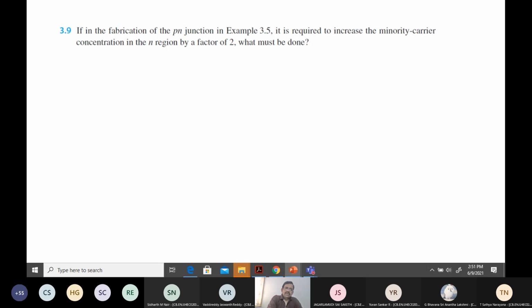In the above problem, that is Example 3.5, what we did just now, it is required to increase the minority carrier concentration in the N region by a factor of 2. What must be done? It is a very simple question. Look here: we have the minority carrier in the N region. What will the minority carrier in the N region be? It will be holes. So we are asked about Pn naught. Pn naught will be equal to Ni square by